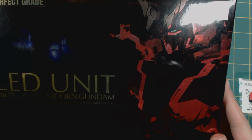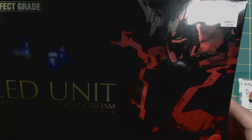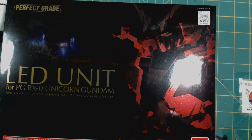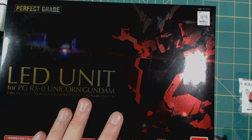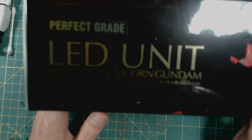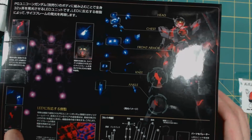But so we have the front cover of the box. I have to say, out of any of the Perfect Grade stuff that I've had before, they really put attention to detail in the packaging, both for the Unicorn, I know I didn't show the boxes, everybody's seen it, and for the lighting system. On this one side, you can kind of read it. It just says LED unit. On the back side,